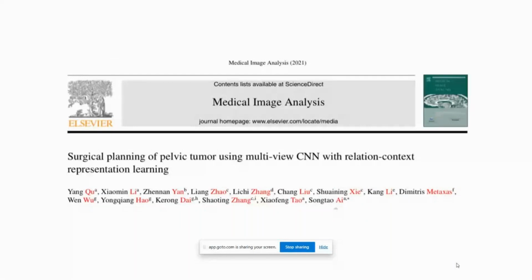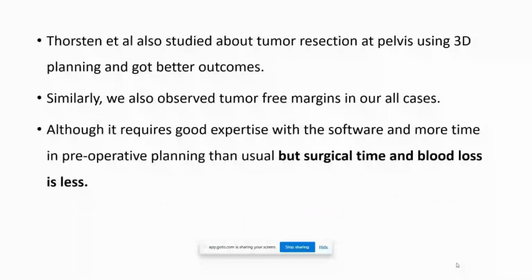Thorsten et al. also studied tumor resection at the pelvis using 3D planning and got better outcomes. Similarly, we also observed this in our own cases, though it requires good expertise with the software and more time in pre-operative planning than usual, but surgical